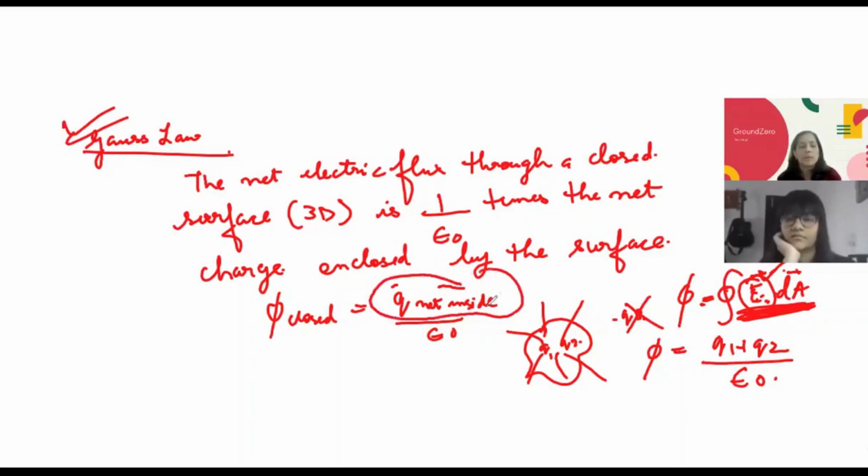Right. Okay. So you must have known that the closed surface is also known as the Gaussian surface, right? And the electric field must be symmetric at all the points of the Gaussian surface. So those are certain properties which you should